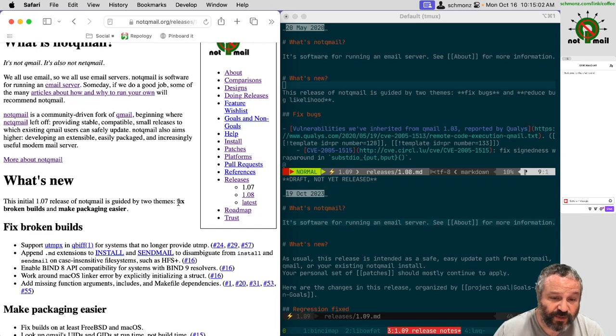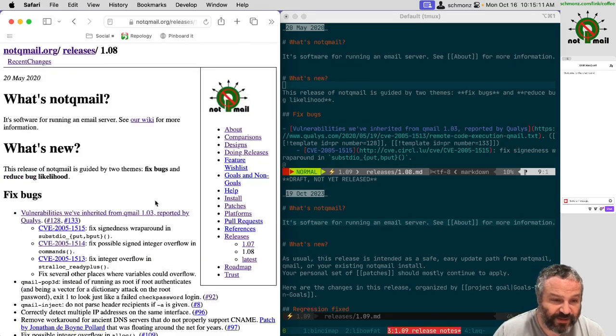So like the first one, it had been a long time since anybody maintained this code, so fix the builds and make packaging easier. But the second release, and I think this is just always going to be on our radar for a long time until we change the way the code is structured and how many tests we have and what our CI auto builders are doing. Until then, I think these are going to always be themes, and they're not always going to be the only themes. And in fact, in this release, they are not. So what I decided was